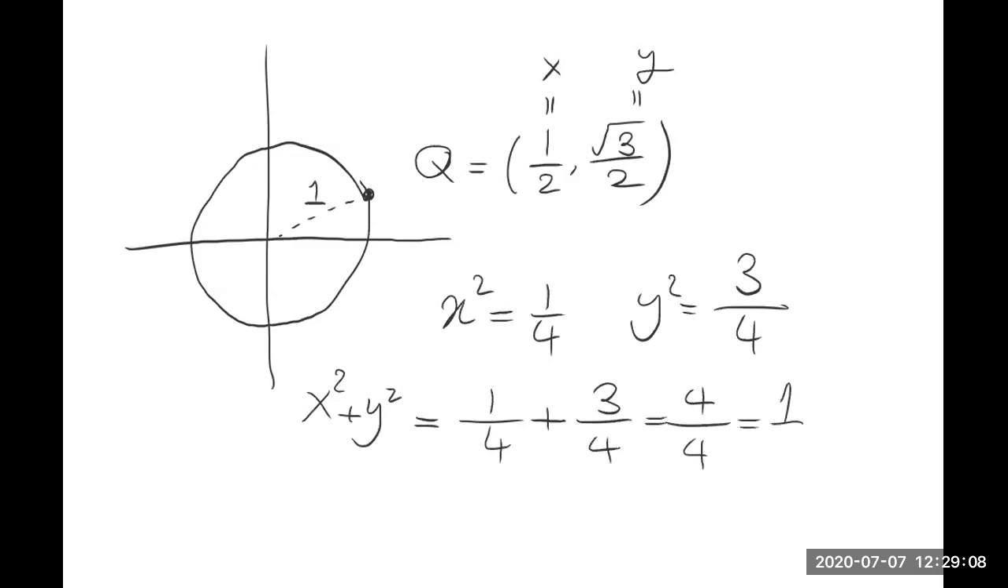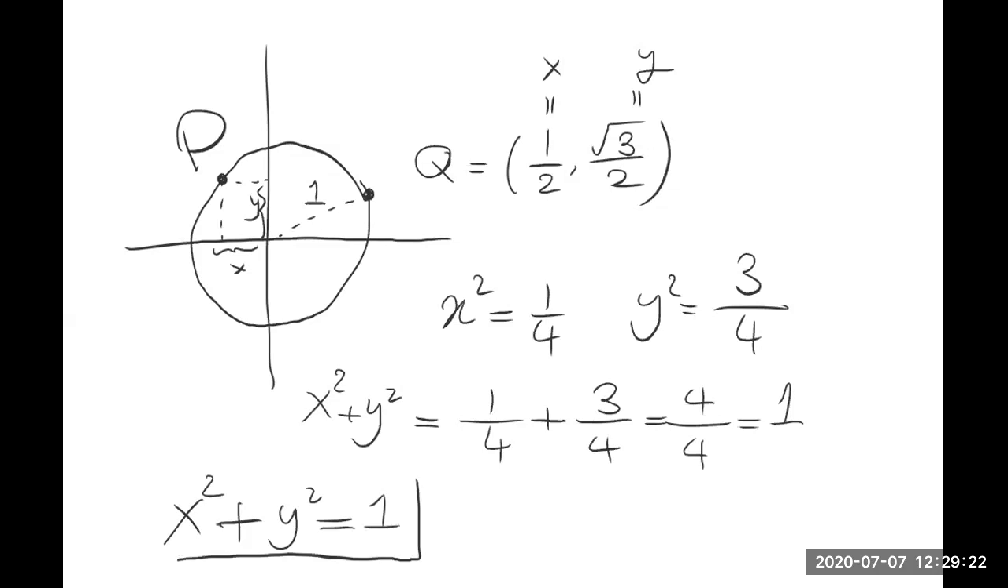So for any random point you choose on this circle, if you look at x and y, the coordinates of that point, if you square them and add them, you would get 1. That's what we mean by this equation describing this geometric object. And that's a very important thing in mathematics. That's maybe one of the most important things in mathematics. When you have a geometric object,